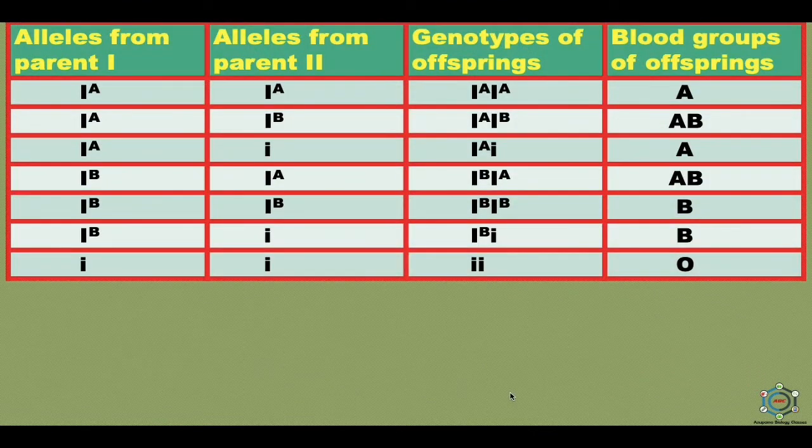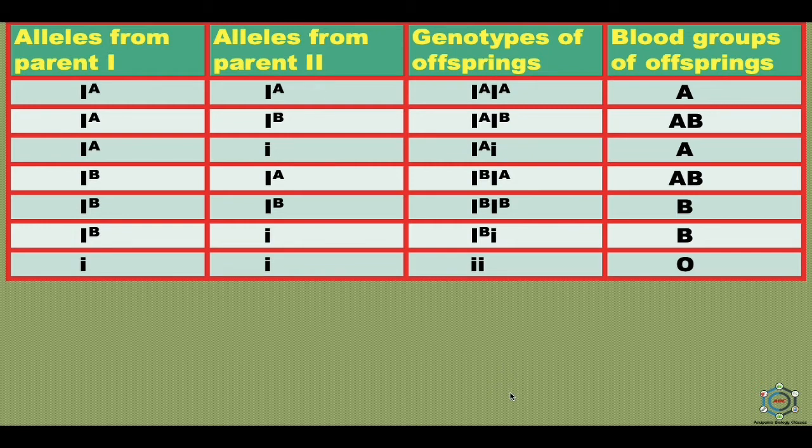Now, here you can see the four phenotypes, that is A, B, AB and O, are produced by three different alleles, that is IA, IB and I, of the immunogen gene. Because humans are diploid, alleles are in pairs. The alleles IA and IB are completely dominant over small i. When IA and small i are present in an individual, only IA expresses, and when IB and small i are present, only IB expresses, because i does not produce any sugar.